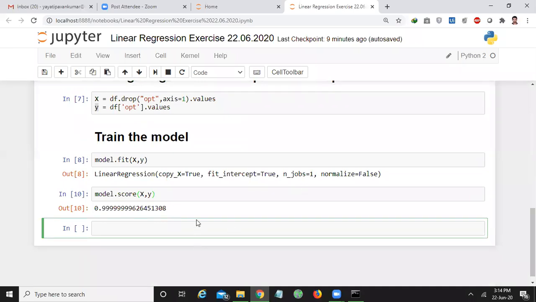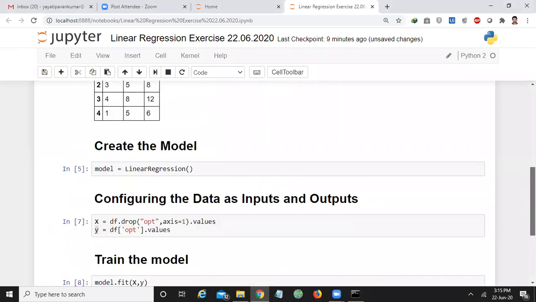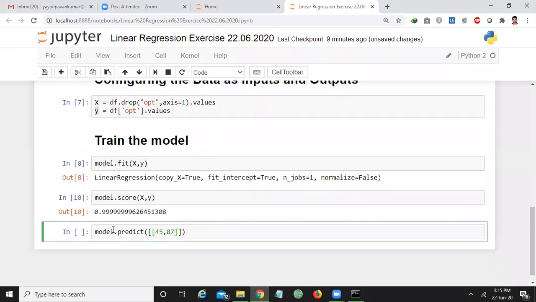So now I want to check whether my model is working correctly or not. For that, randomly I have to pass some values. I want to check 45 plus 87, how much? I don't know what is the result. I already trained on some set of values with accuracy 99%.